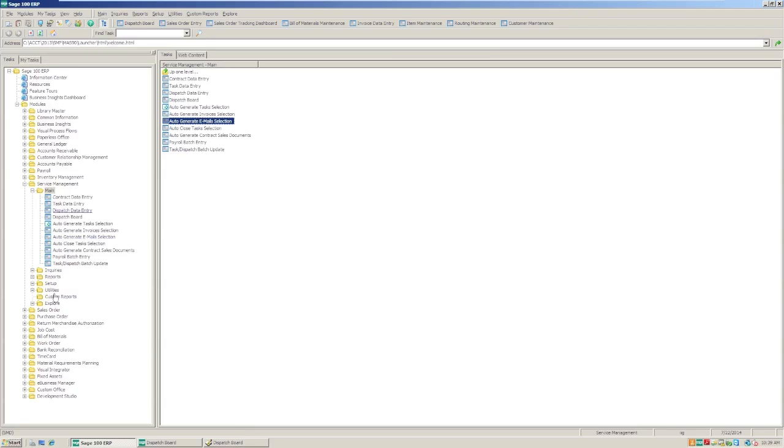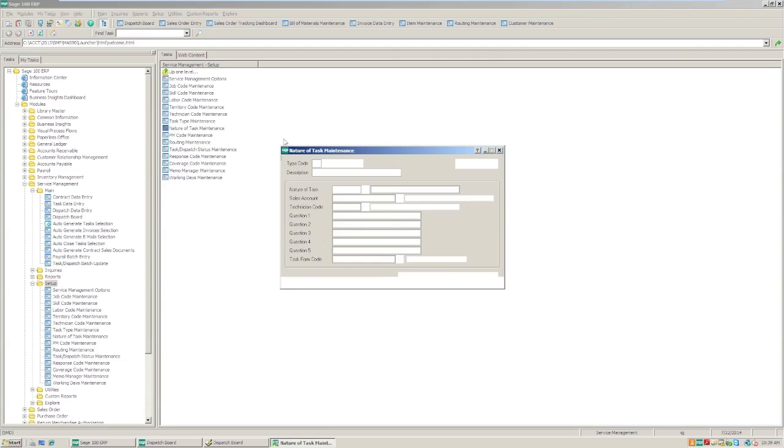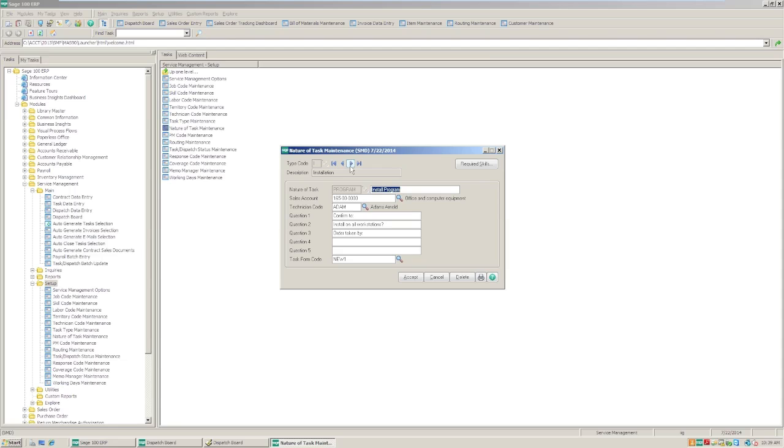We talked about skill matching very quickly. You have the ability to enter each task for each nature of task. So here is an installation, installing the program, what the job code is, what the default technician is. What are the 5 questions